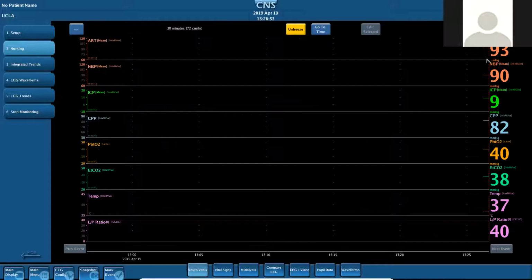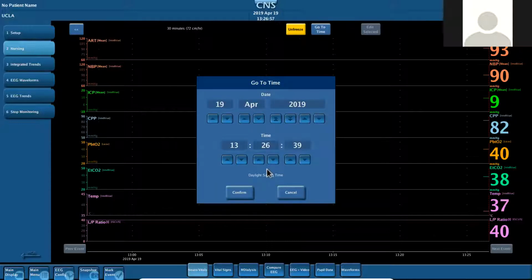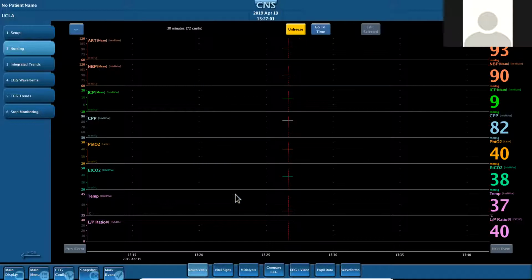before I turned off my monitor and got to that resume screen. But during that period of time, it's probably right around, I don't know, 1326 or so. Let's see what that does. Yeah, there's a little bit of data. So if I freeze my screen, I can go to a particular time. I can also scroll forward or backward in the data set. So that is how we actively review data on the CNS monitor